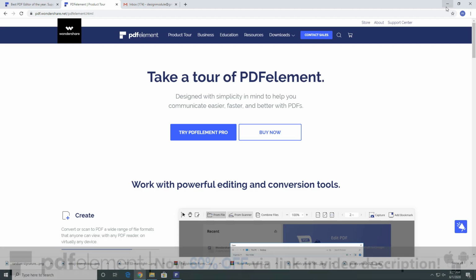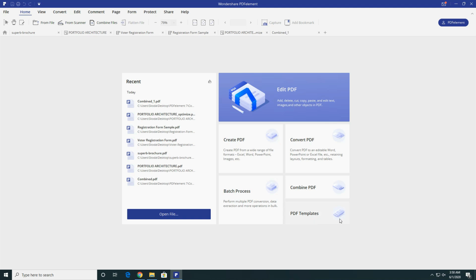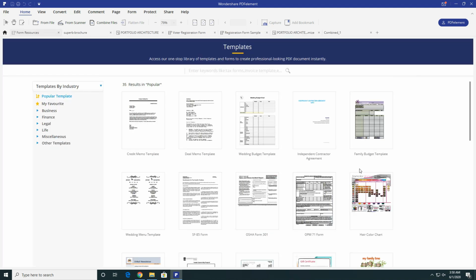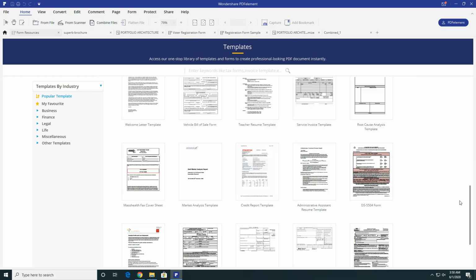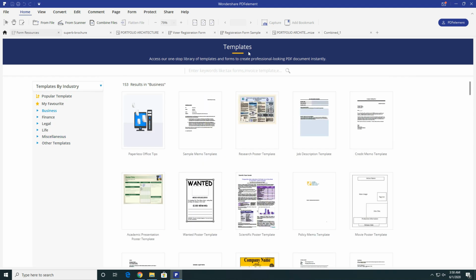So this is the user interface of PDFelement. On the left it will show the recently opened files and on the right some editing options. First, we will check the creating PDF options. For that, we have many PDF templates available to choose from. There are form templates, data insertion tables, and complex workflow templates, and you can filter them from the options available on the left panel.